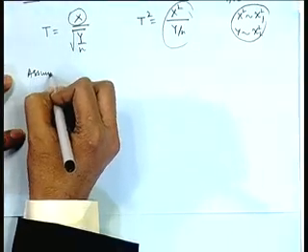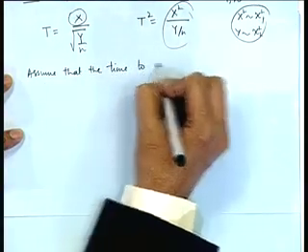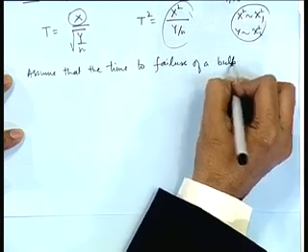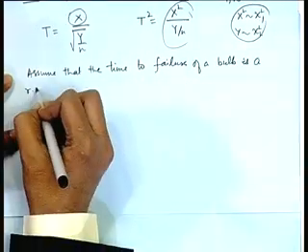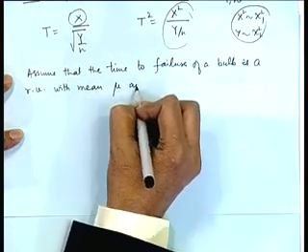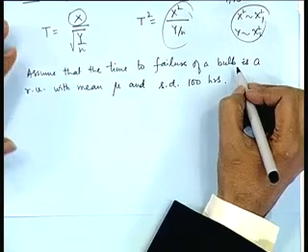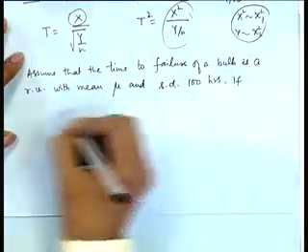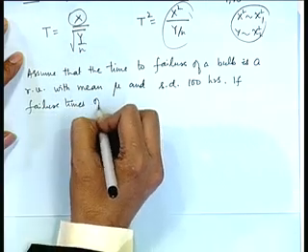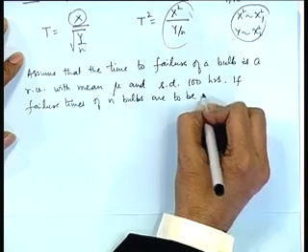Assume that the time to failure of a bulb is a random variable with, say, mean mu and standard deviation, say, 100 hours. If failure times of n bulbs are to be recorded,